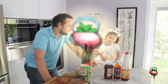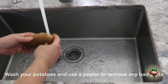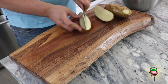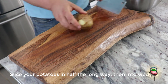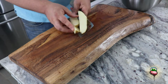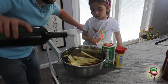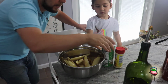All right. Wash your potatoes and use a peeler to remove any bad parts. Slice your potatoes in half the long way, then into wedges. So the first thing we're gonna do is coat them in olive oil, and we're gonna add our...